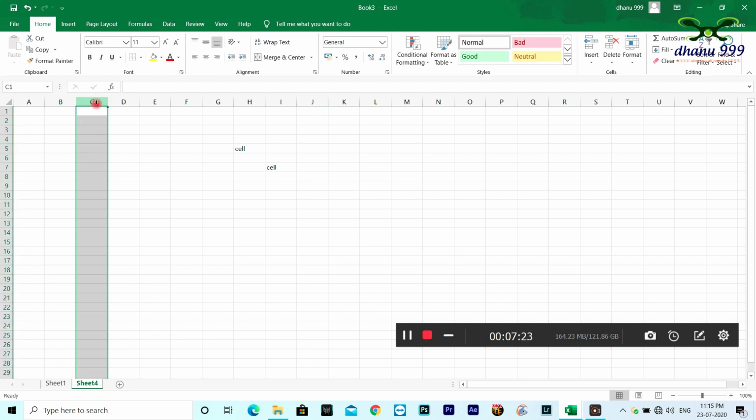If I click one cell here, in the name box we get E5. E5 means column E, 5th row. Like this, the name box shows the address of the cell. If I click here, it shows C8: column C, 8th row. Like this, we can find the address of each cell.